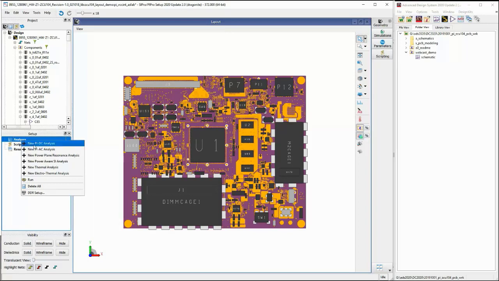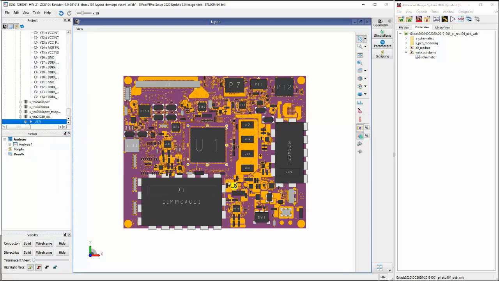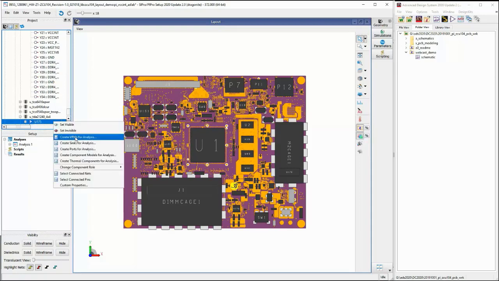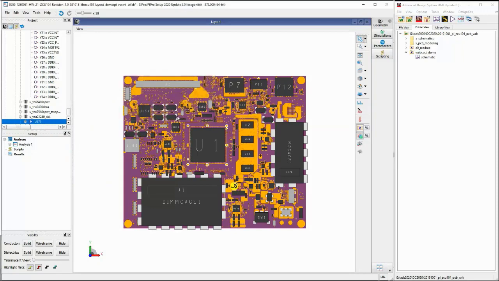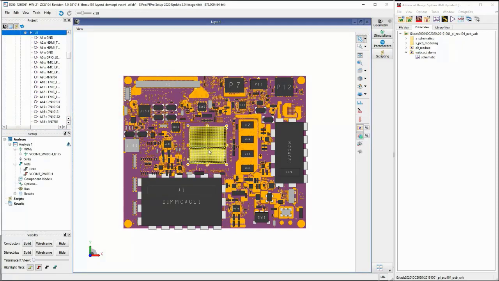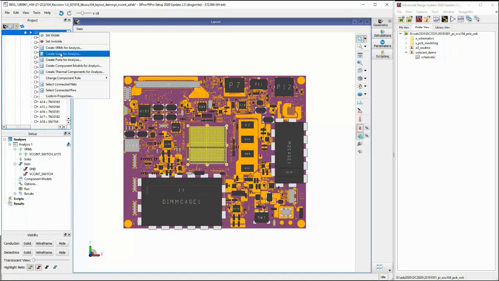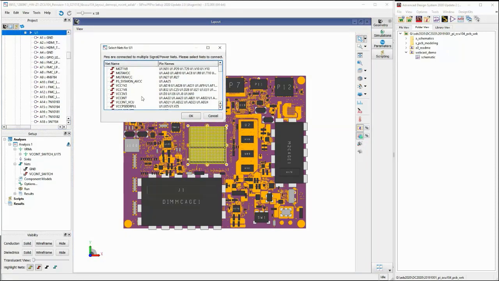I can right-click on Analysis and add a DC one. Then simply click on the VRM component in the 3D view and it will highlight the component in the design list. Right-click on the component name and add to the analysis as a VRM. Next, do the same thing for the FPGA sink U1. Select the VCC int power rail